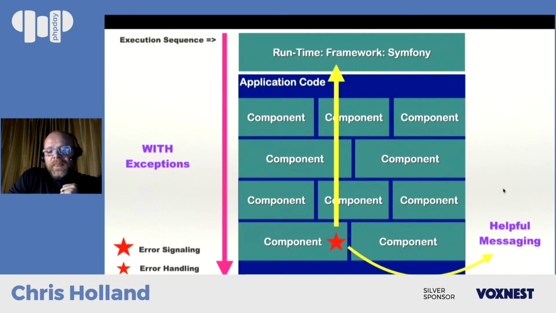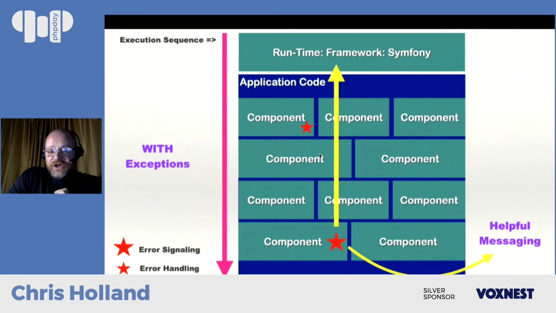But now you have the option to catch the exception, to handle the exception at any layer across this vertical yellow line. You could catch it here at the bottom, or at one of the higher components.